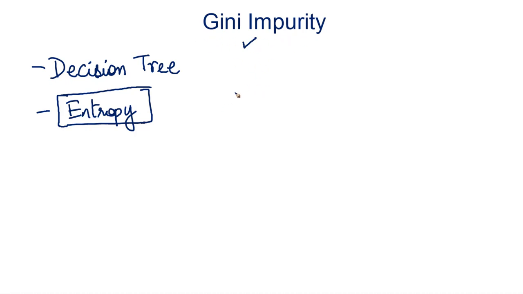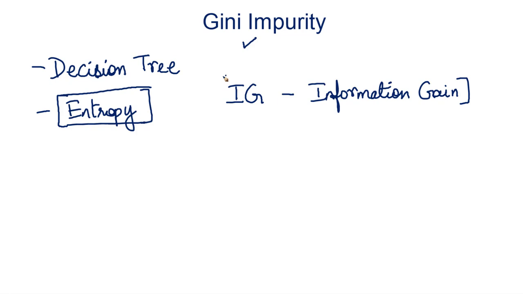Now we saw earlier the concept of information gain, and we represent information gain as IG. Now Gini impurity is also represented as IG. This IG is information gain. I'll come to information gain again. We will revisit this concept again after we complete the explanation of Gini impurity. But now understand that IG is information gain. Gini impurity is also made up of IG. Now Gini impurity is generally written as IG, small g. The g goes in the subscript.